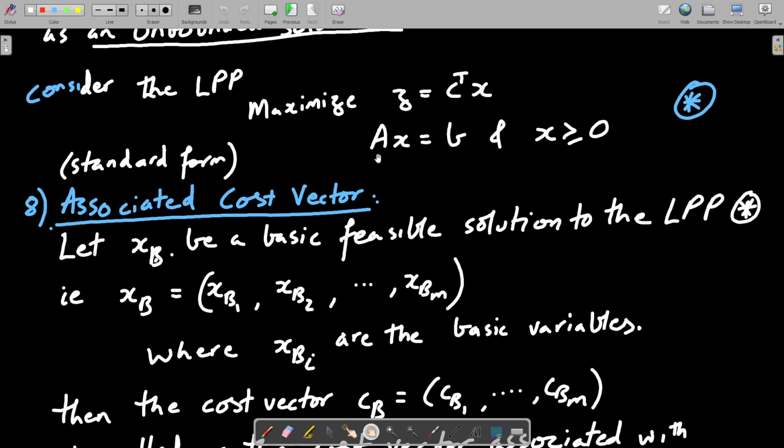Associated cost vector: let xB be a basic feasible solution to the LPP, that is xB = (xB1, xB2, up till xBm), where xBi are the basic variables. Then the cost vector,